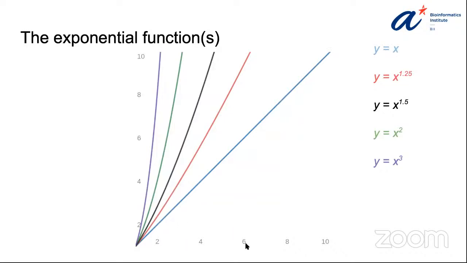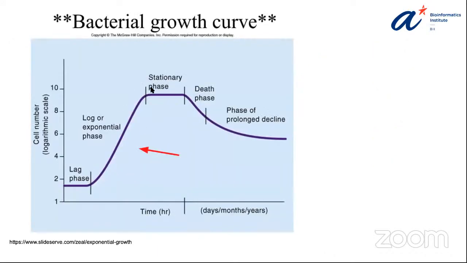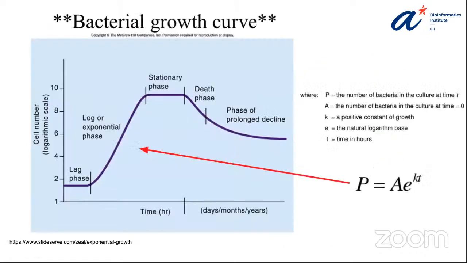So for every unit increase in x, you have a unit increase in y. And then these remaining have certain powers of x. Now, these certain powers of x will actually affect the gradient of this line. Okay. Now, we're not going to go into the details of which will exactly match this part, but people have already done this, right? And what they have concluded is that this equation, P equals A e^(kt),